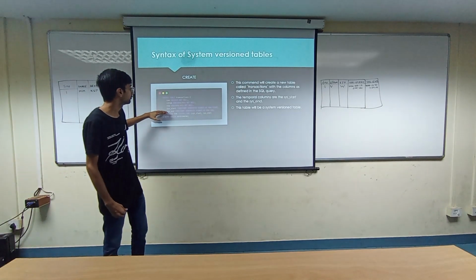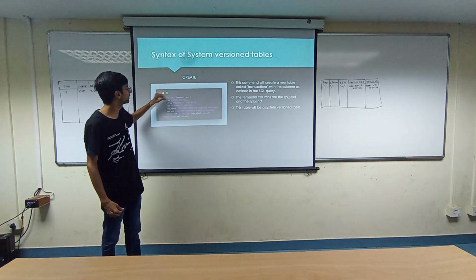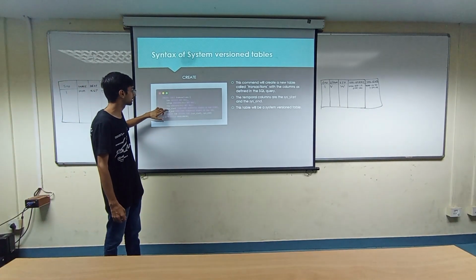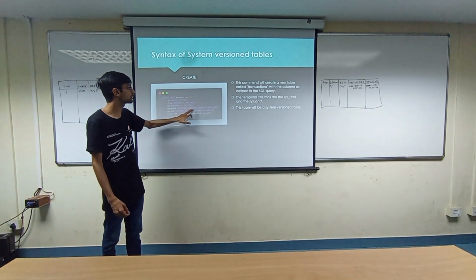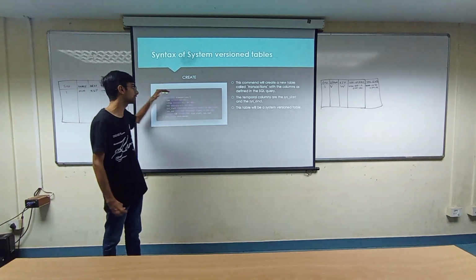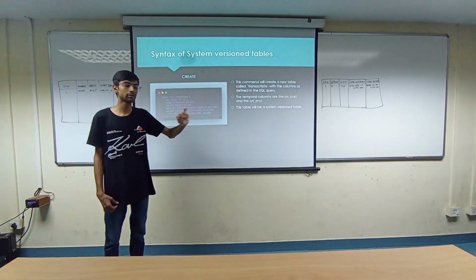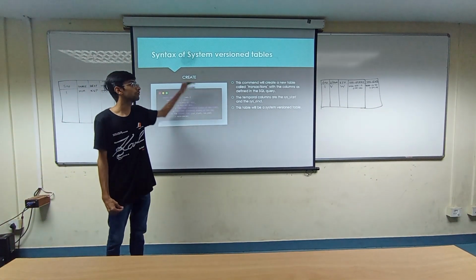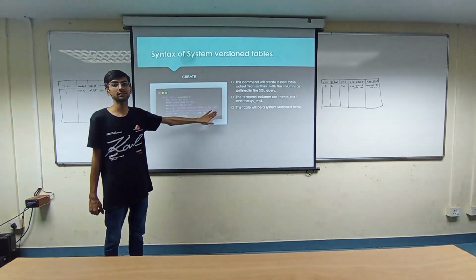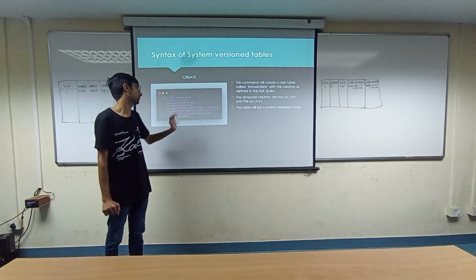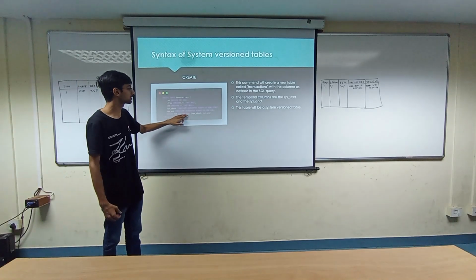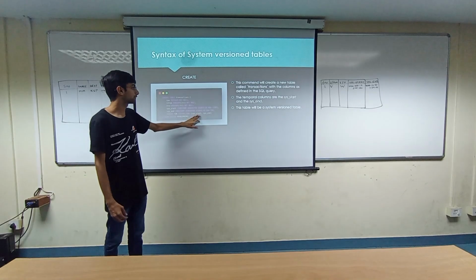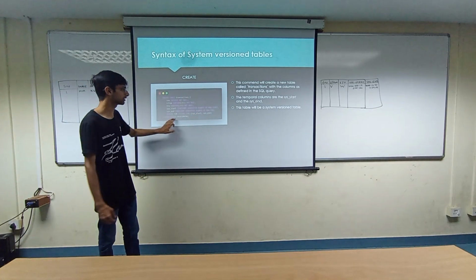So in this, we can see that when we create the table, we define two columns for system generation. We can see sys start, which is a timestamp which is generated always as row start. So whenever the row is created, it is generated as the row start. And sys end, generated always as row end. So whenever this data is deemed invalid, this row is generated. And period for system time, which mentions that the system will automatically manage the data with sys start and sys end using the system versioning.